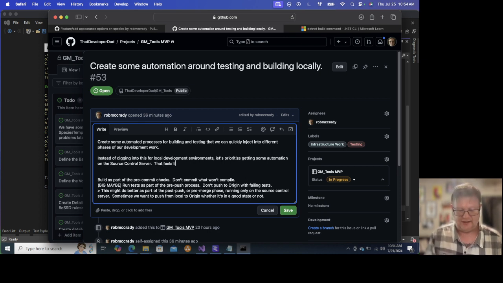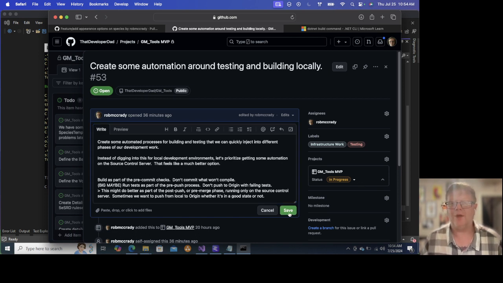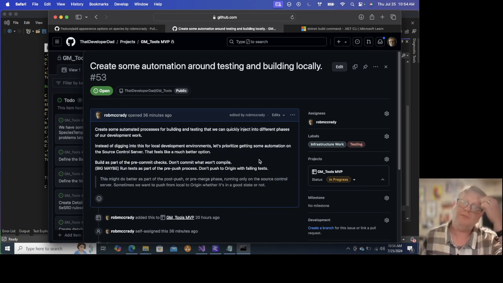That feels like a much better option. Yeah, I like that. So let's save. So we're going to set that up this afternoon, or we're going to learn how and then set it up